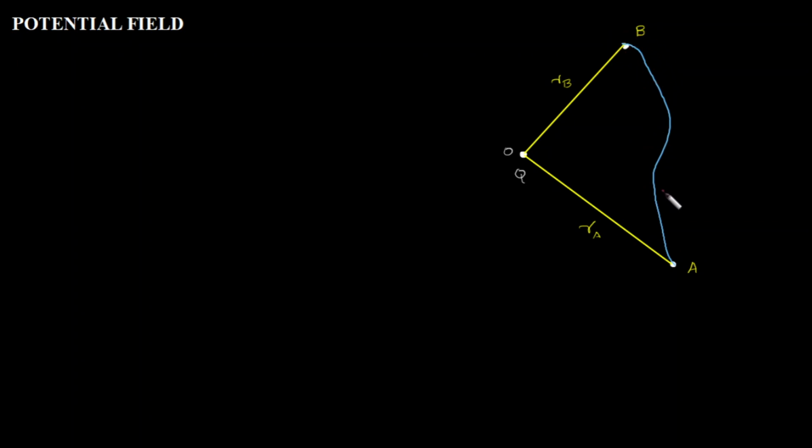Agree? So let me consider some point on this path, where the charge was present at some particular time, maybe halfway along the path. So I started moving from here, and assume that I am somewhere here now. Let me notate it by a point. I am doing work in moving a unit positive charge from point A. So it traveled through this path and now it is here. Let it be a point P.